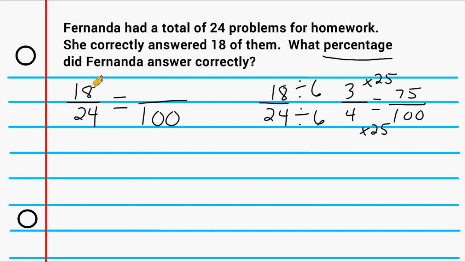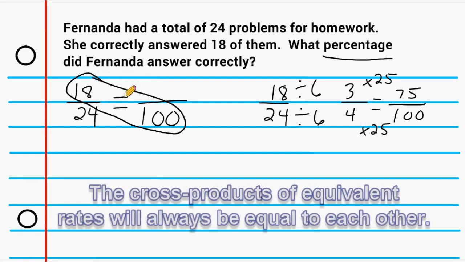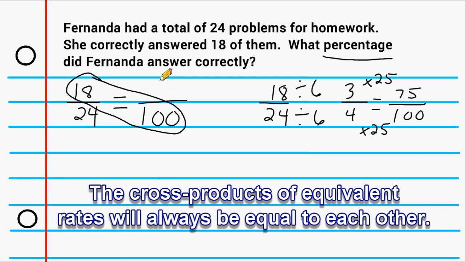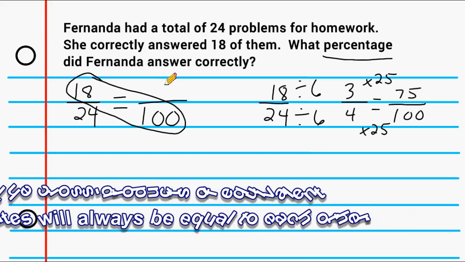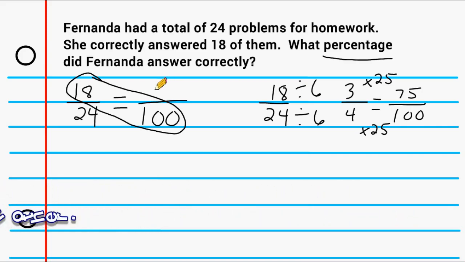Now, you actually didn't have to reduce 18 out of 24 to figure out what our percentage is. It's just that sometimes reducing makes it a little bit easier. So let's just try solving this without reducing 18 out of 24. Now, whenever you have two fractions that are equal to each other, when you cross multiply, you will come up with the same product. So what I'm saying is that 18 times 100 will be equal to 24 times whatever this number is right here. Even though we already know this is 75, let's just say that we don't know that yet. Let's take 18 times 100, and that would give us